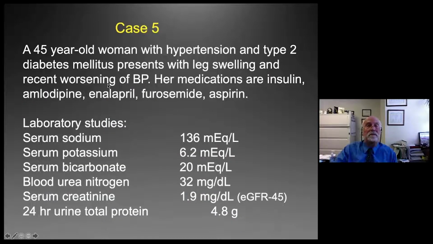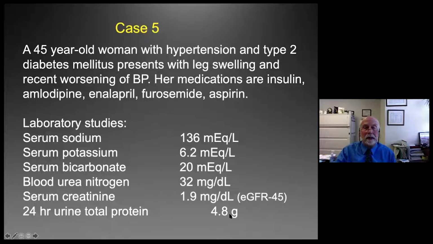Okay, we're going to turn our attention in the next few cases to potassium disorders. This is a 45-year-old woman with hypertension and type 2 diabetes. She presents with leg swelling and worsening blood pressure. Her medications are insulin, amlodipine, enalapril, furosemide, and aspirin. Sodium's 136, that's normal. K is 6.2, that's elevated. She has a bicarb of 20, so a mild acidosis, some moderate renal disease with a BUN and creatinine of